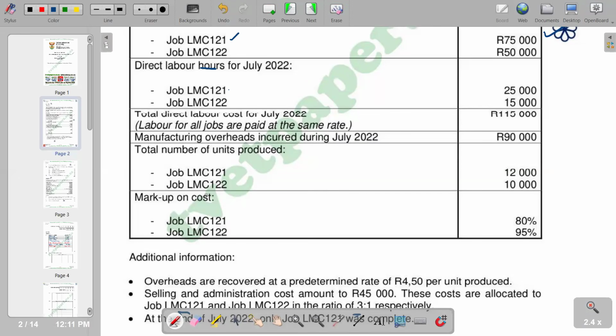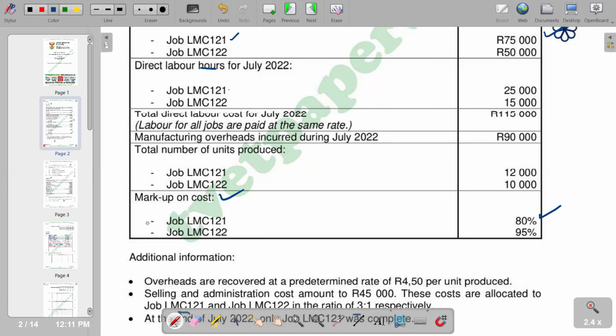So we are given a markup on costs as job LMC 1121 is 80%. So we deal with our 80%. So remember, we are supposed to say our 80% times the figure that we have for total cost, so that we get the markup value, which